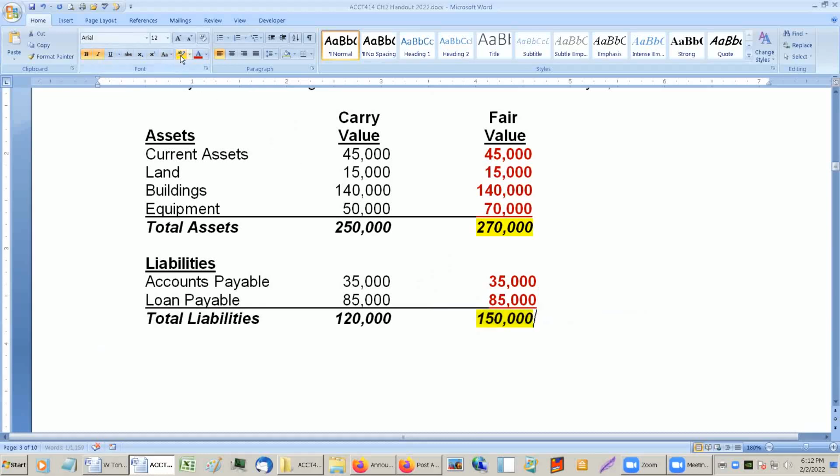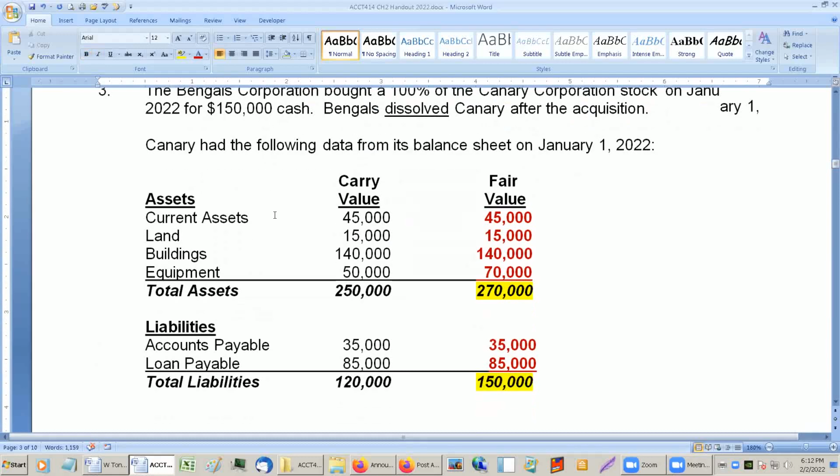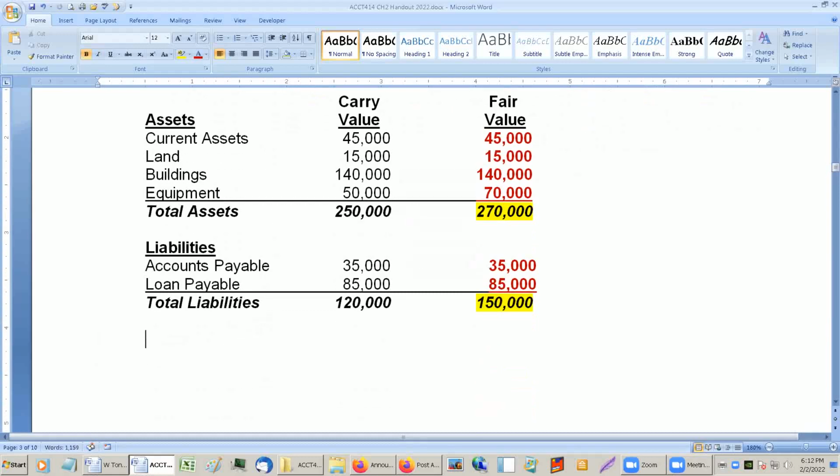Now on this one, we don't have any goodwill or a bargain purchase here. I'll show you why. So fair value of the assets was 270. Fair value of the liabilities